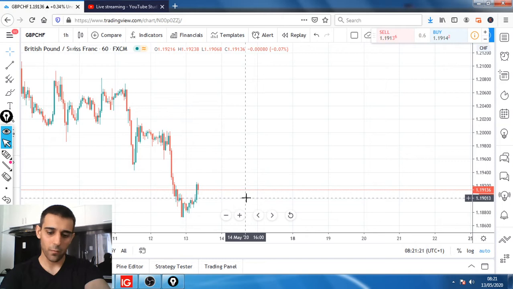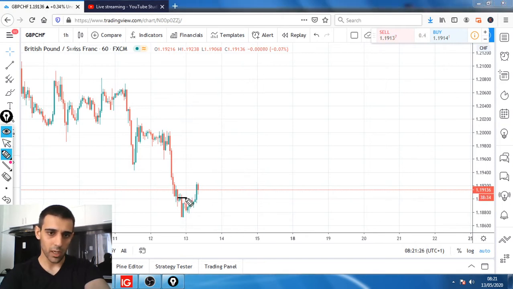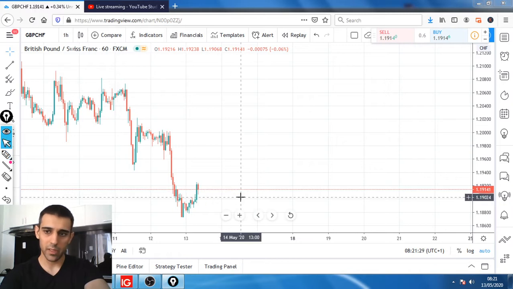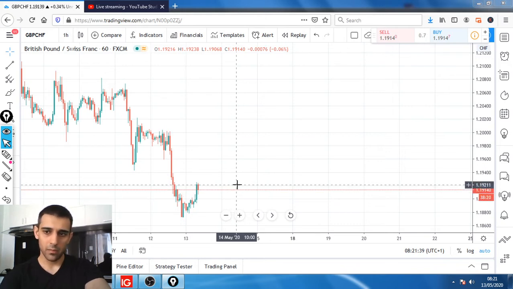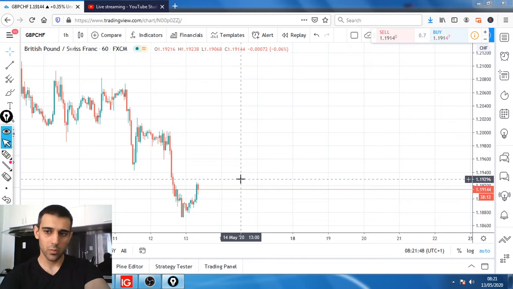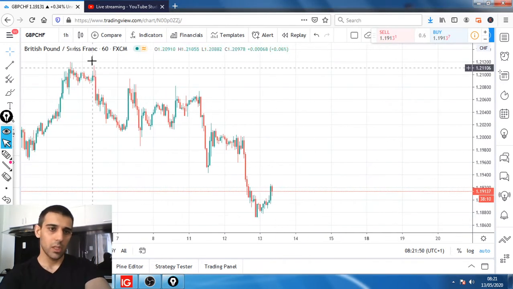So we might be looking at about a 15 pip retracement up to this level, potentially to this 1-hourly high. We can look for that 15 pip retracement up to this level. So if you get in at about 119, well, 119.02, for the stop loss, 20, so that will be 20. This one is about a 25 pip stop loss.